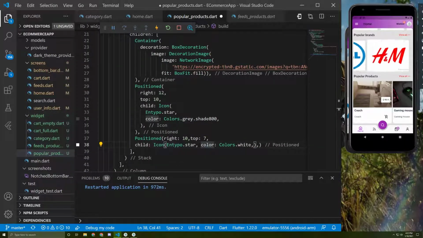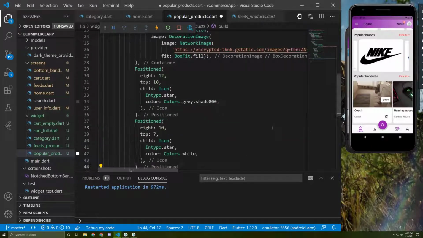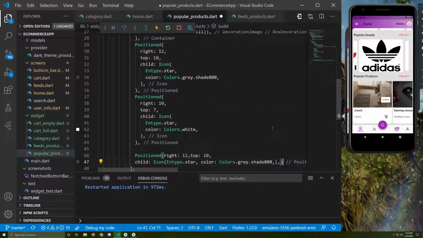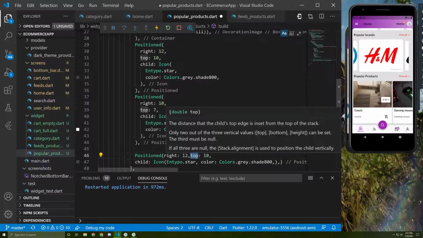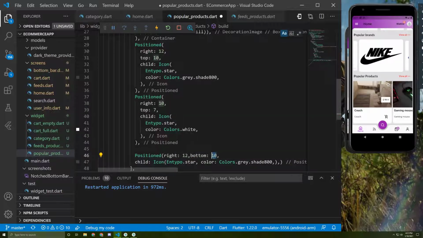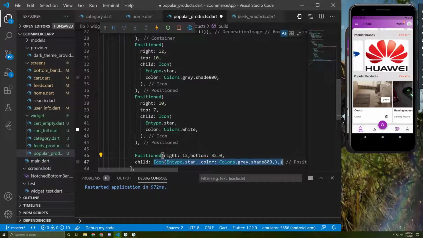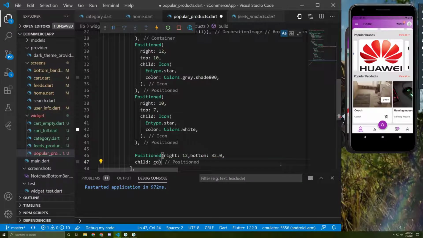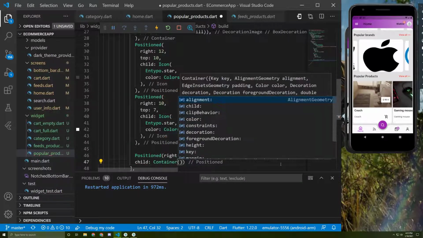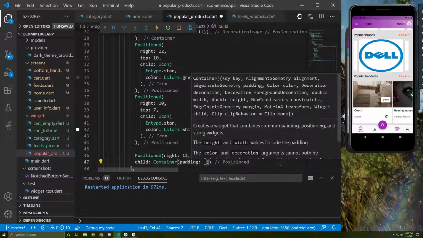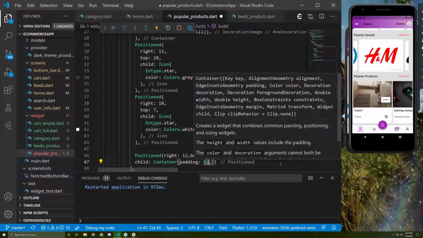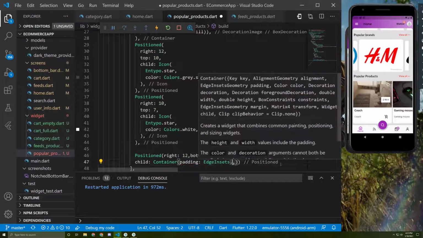Now we need another Positioned for the price in here. So for that, let's paste the Positioned in here. Let's change this to bottom and give it value of 32. As a child, it's going to take a container. I'll give it padding of 10. So EdgeInsets.all